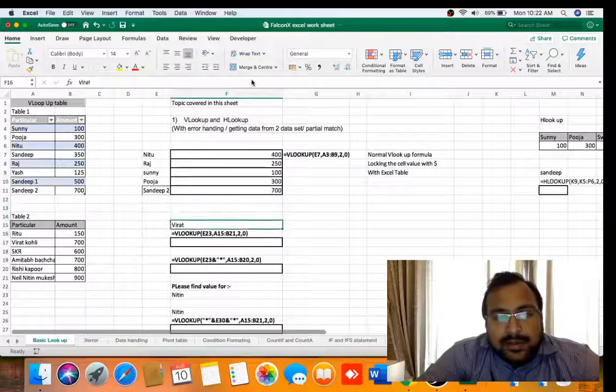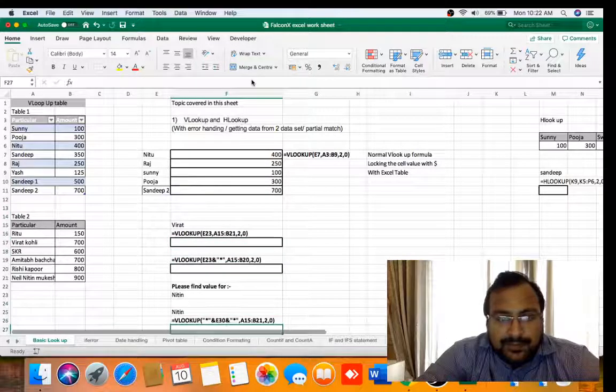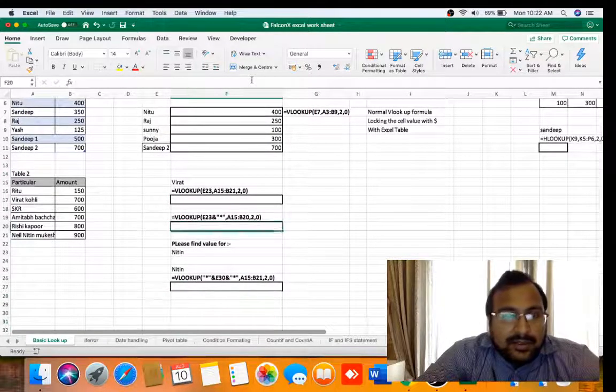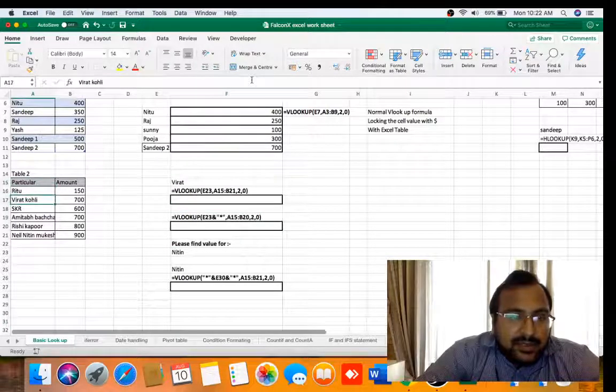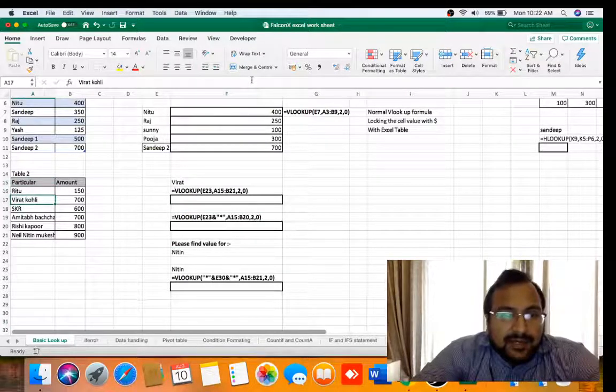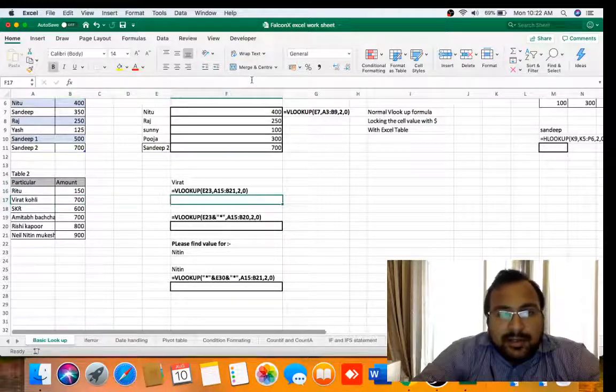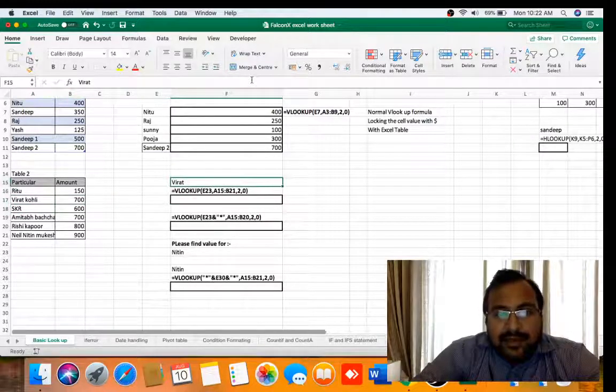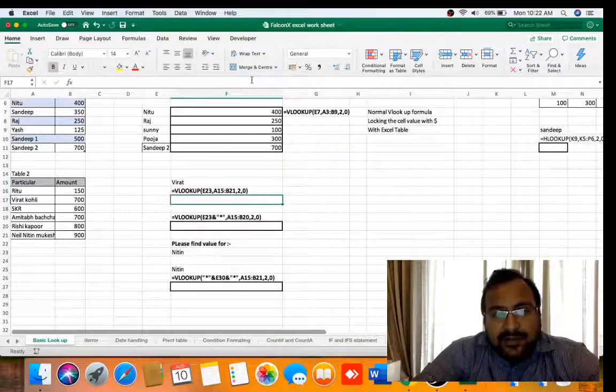Now one more topic which we have to cover in this video is that, as you can see in table 2, we have the value Virat Kohli 700, and here we have the value Virat. So how can we find the value 700?